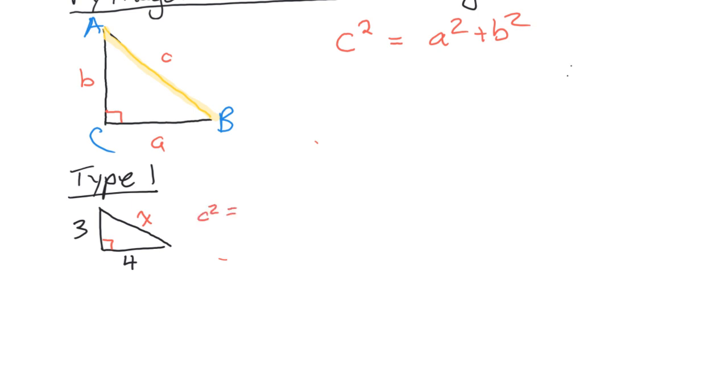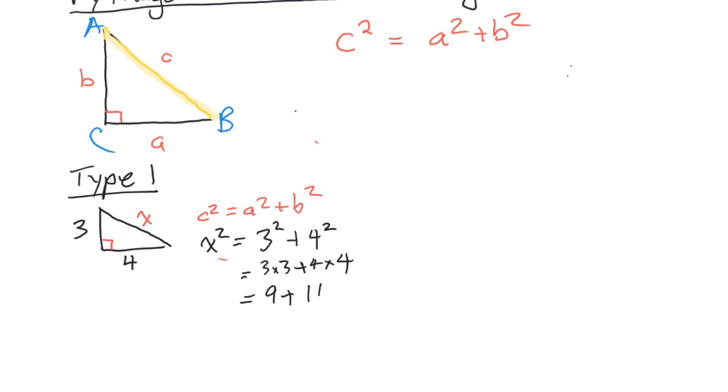So we start by writing out our equation. C squared equals A squared plus B squared. Now we do our substitution. X is C squared, so we say x squared is equal to 3 squared plus 4 squared. We calculate that. 3 times 3 plus 4 times 4 is equal to 9 plus 16, which is equal to 25. So that means our x squared